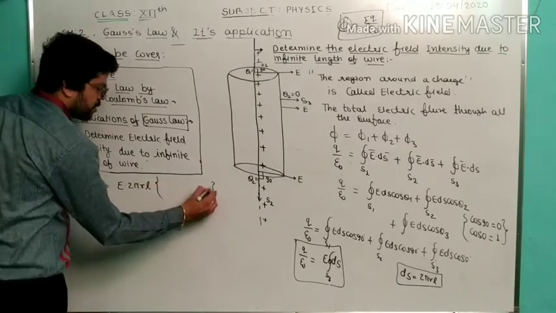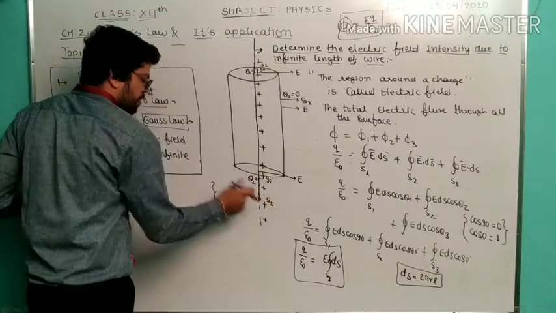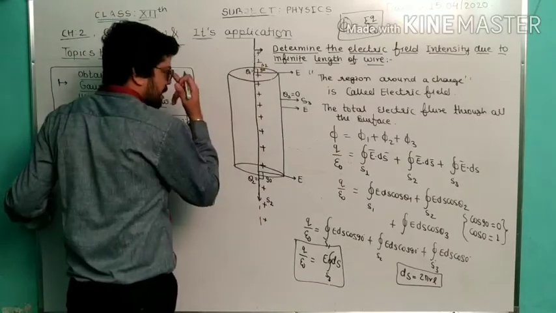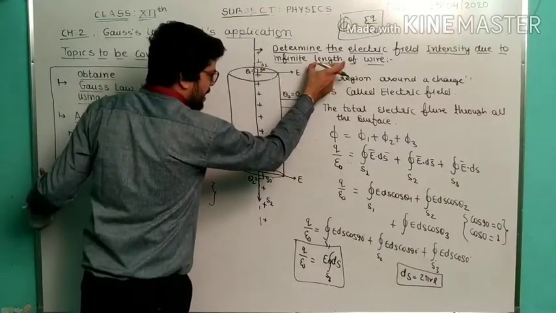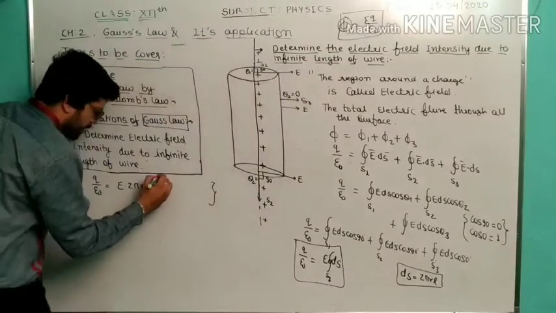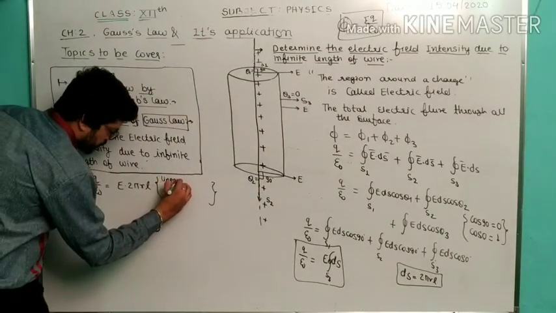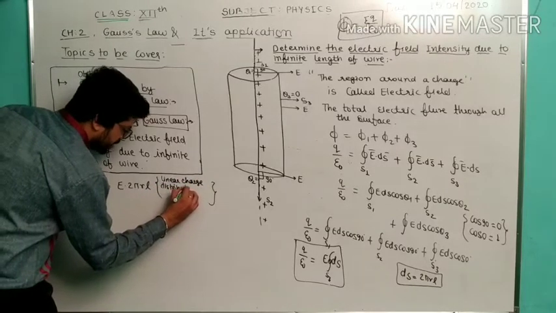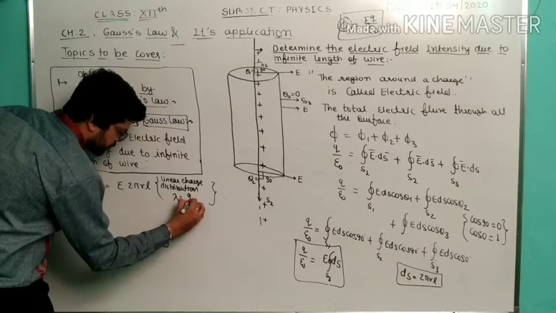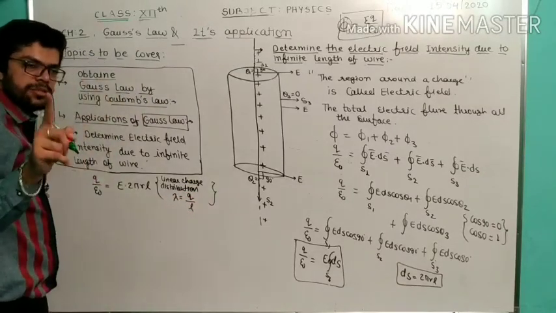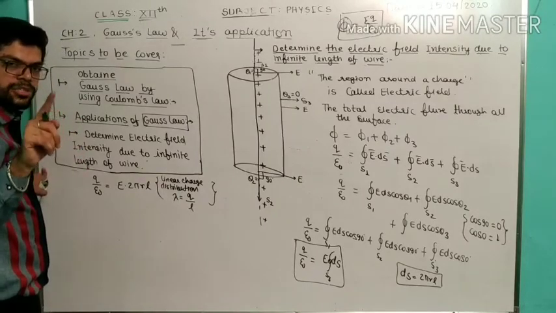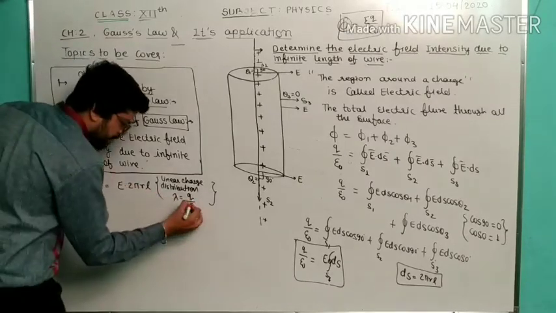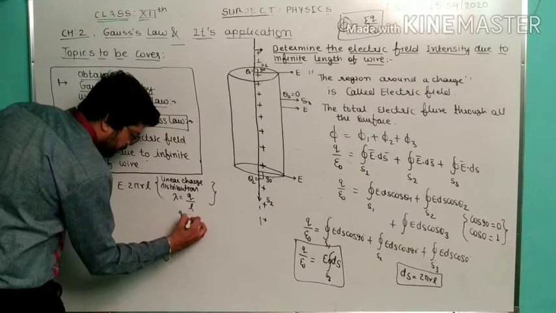Now the question is, what type of charge distribution is over this particular surface? What is this? Infinite length, and across the length whatever charge is distributed, what will that charge be? Linear charge distribution. Linear charge distribution. So what is linear charge distribution equal to? I told you the types of charge distribution: continuous charge distribution types are linear, and then surface, and then volume charge distribution. So lambda is equal to q by L. So q is equal to lambda L.